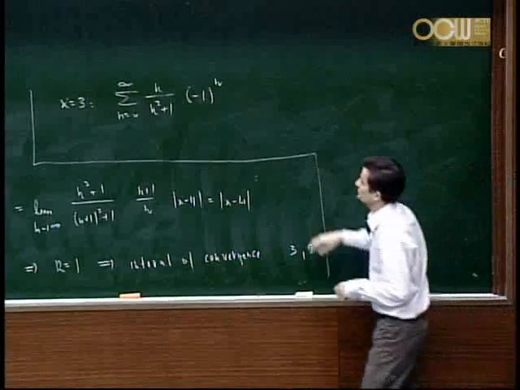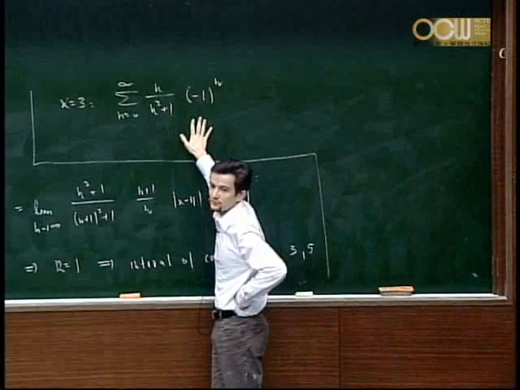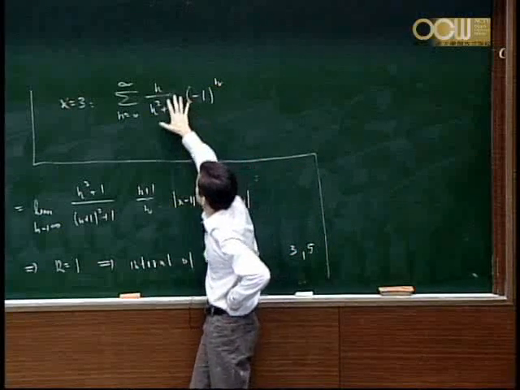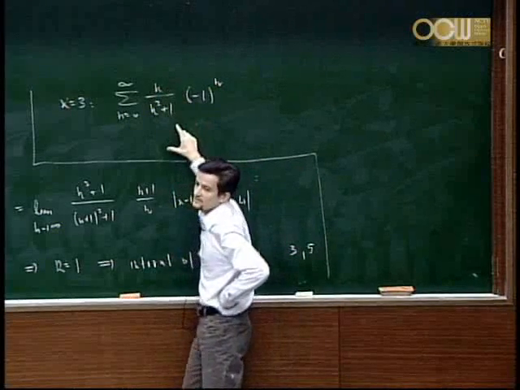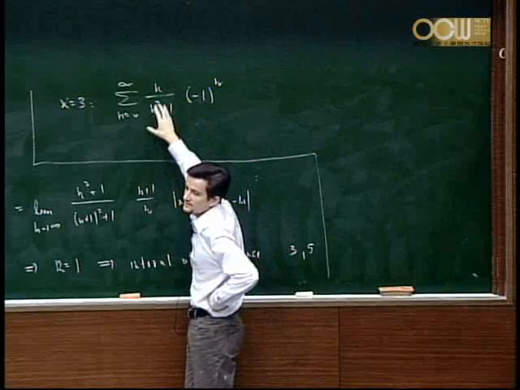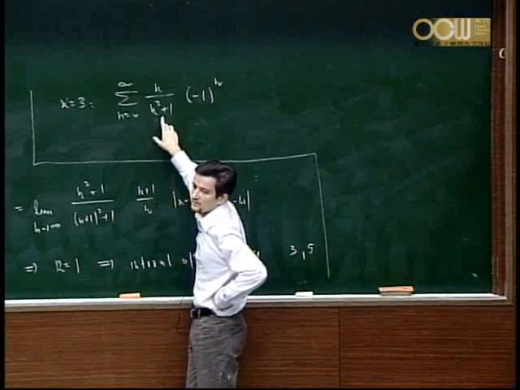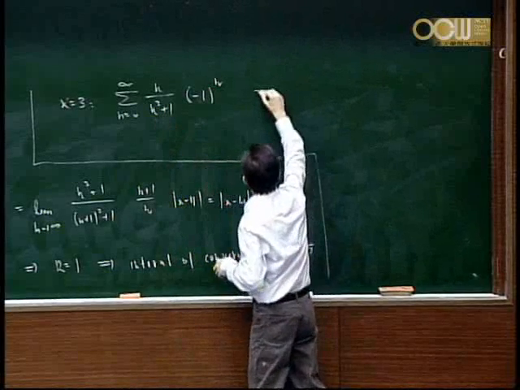Now, what can we say about this series? Okay, so here, because it is alternating, we will use the alternating series test. This sequence, as n tends to infinity, easily seen, will tend to 0, and is easily seen to be decreasing at least from some point on. Okay, so by the alternating series test,